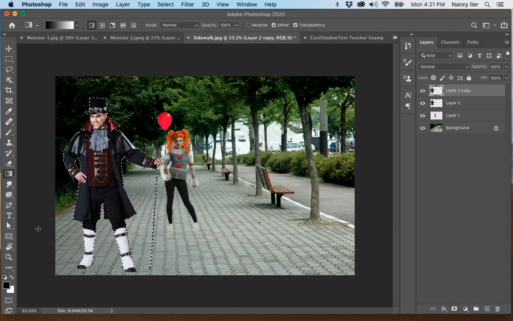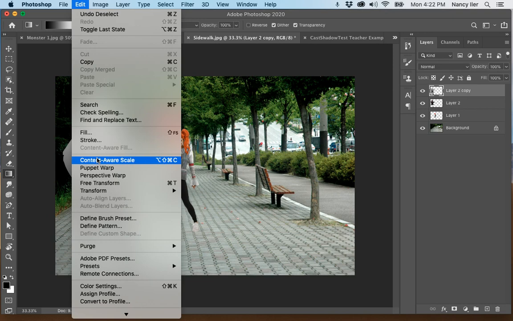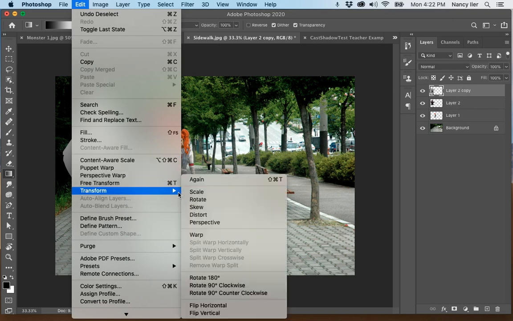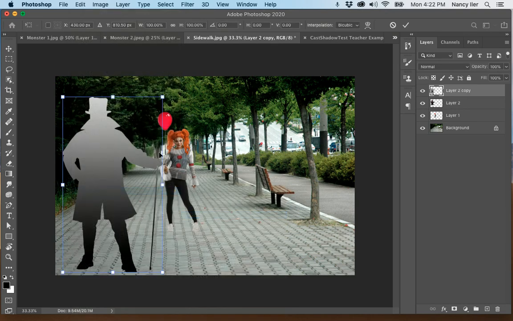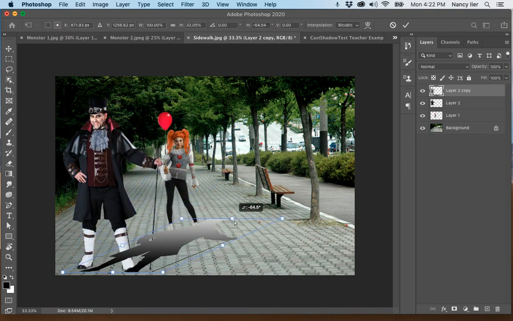What we're going to do, we're going to start around the ankles. Hold down your shift key, draw all the way up. And you're going to have black going into gray, going into lighter gray. Okay, after you have that, Command D, you're going to then go Edit, Transform, and Distort. You're going to take this top handle and start moving it down. And as you start moving it down,